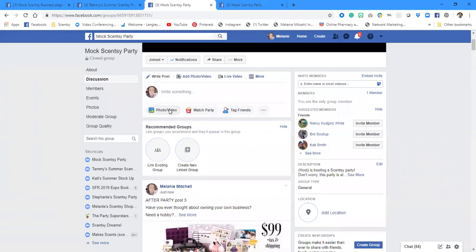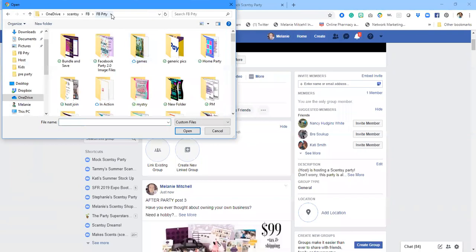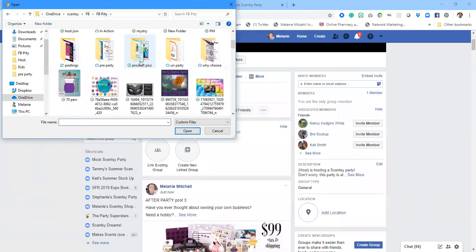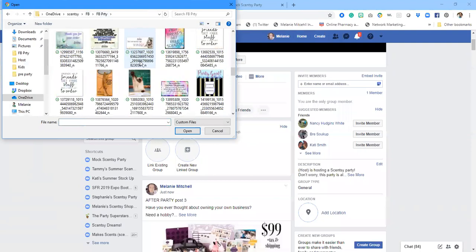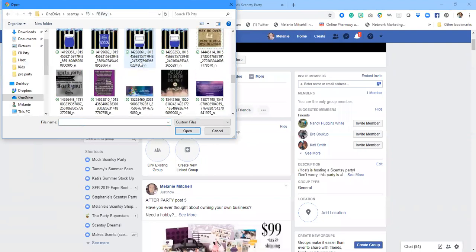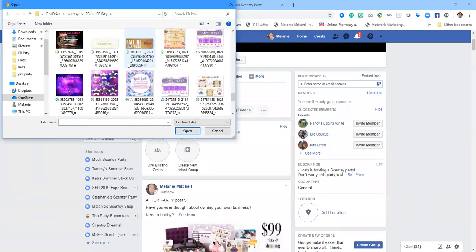And in my final days before the party closes, I will post a reminder that the party only has a couple of days, that the party is closing in 24 hours, that sort of thing, that it's time to wrap up their orders. And in the meantime, I'm constantly in contact with my hostess,